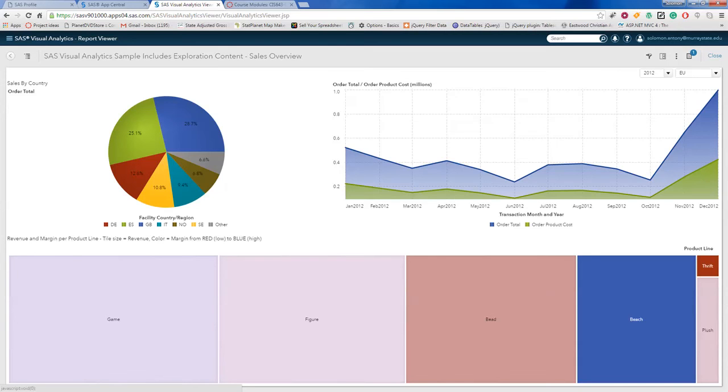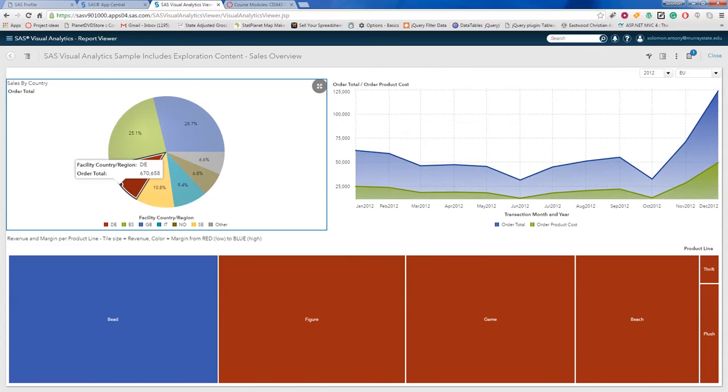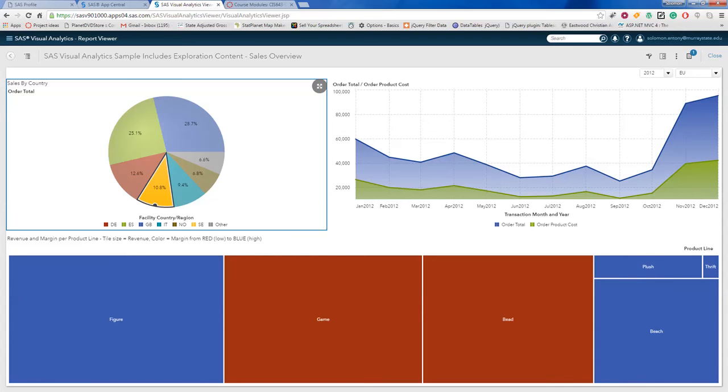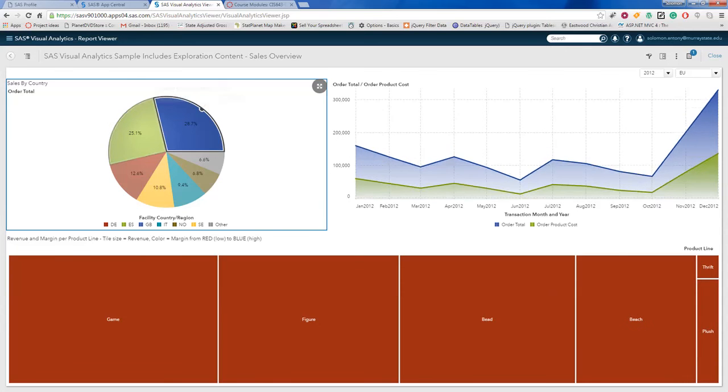Okay. So you got some pie chart on sales by country and order total by percentages. So these are the countries: DE, ES, GB, IT, NO, SE, and so on. So each one, if you click on it, for that particular region, let's say DE, I believe, is Denmark. So for Denmark, it shows that's the highlighted slice. For that highlighted slice, it updates the monthly order totals. Okay, so there is another chart here, it shows the monthly order totals, and so each time you pick a different country, the